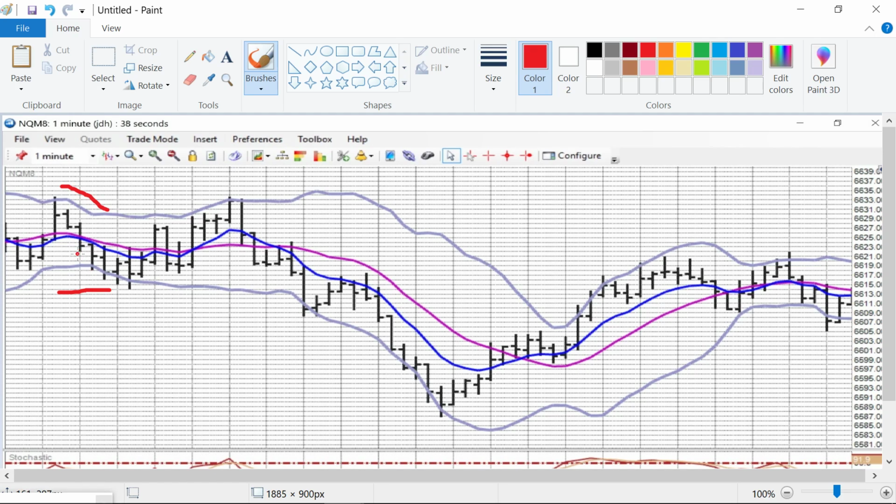But this is enough points right here where I can probably get away with scalping a few, maybe 5 or so points. The distance from the center line to the outer Bollinger Band gives you some idea of where you'd want to probably take your profit, because that's probably all it's going to do. As you notice, it tends to trade to one side of the Bollinger Band, especially in a sideways market, and then bounce off that side and then move to the other side. So where these outer envelopes are, it gives you a good sense of how far it's going to go,